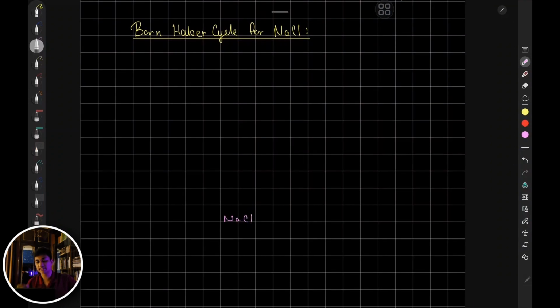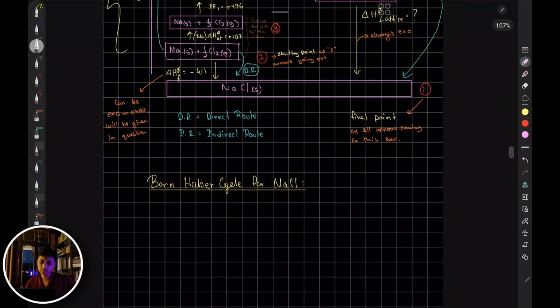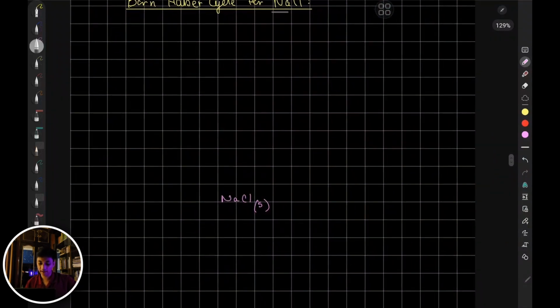NaCl. What is NaCl? It's solid state. Always remember to have the state of the element, ion, or compound mentioned in the equation. Great. So we have NaCl,